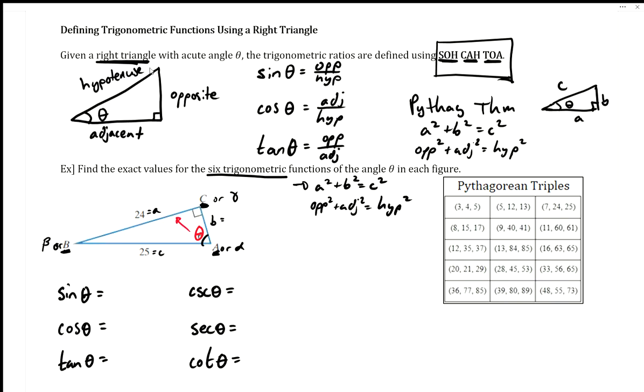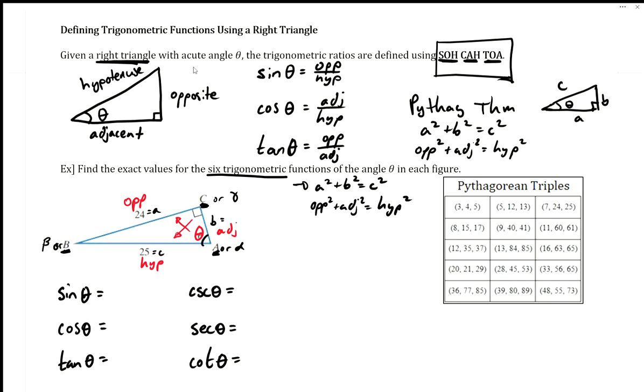Directly across from it is going to be the opposite side. Okay, and then we can see here's the 90-degree angle. Always directly across the 90-degree angle is the hypotenuse. So that should be the biggest side. And then little b, in this case, will be the adjacent. That way I can double check to make sure I'm putting all the numbers in the correct spot